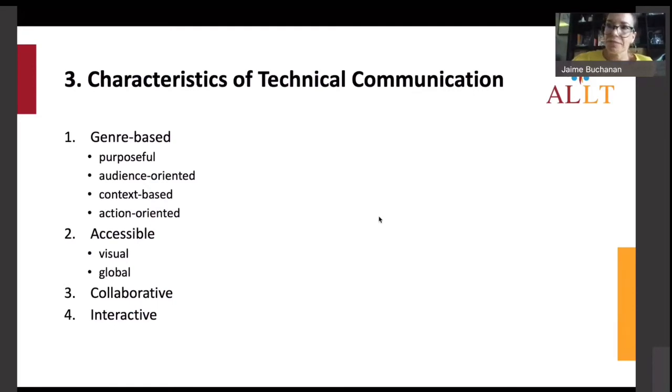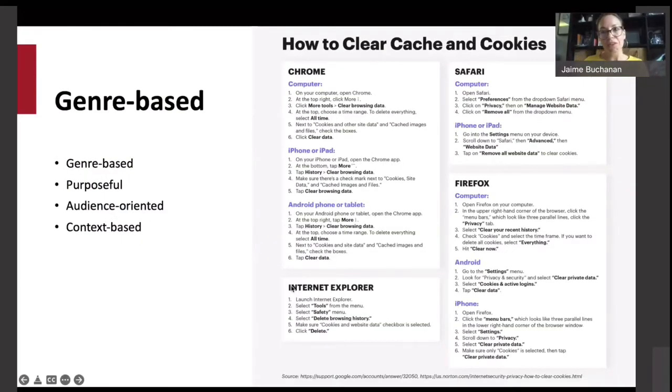communication. So first of all, technical communication is genre-based. We can say this is true about all text, but it's especially evident when we look at a technical text. Technical texts are purposeful. I always joke with my students that nobody ever reads a technical text for fun. Nobody sits down after a hard week with an instruction manual. You're reading to achieve a task, whether it's to install new software, migrate data, make a technical decision. There is a purpose that informs how this text is created.